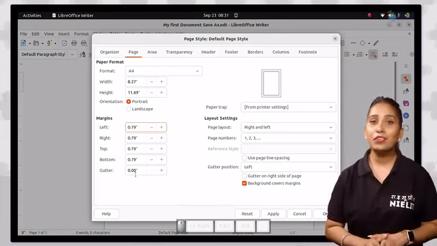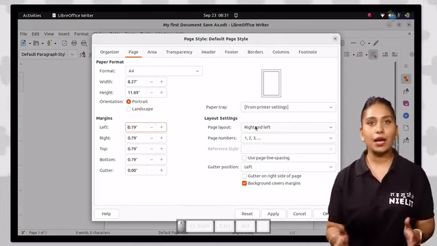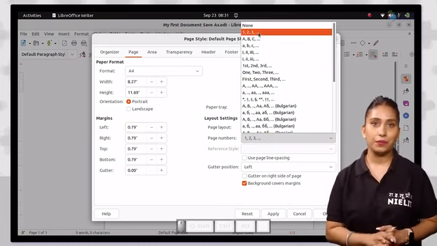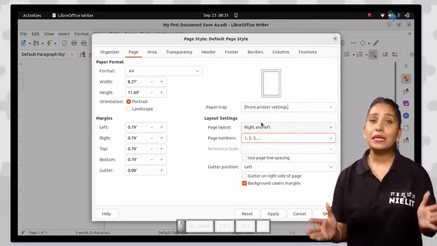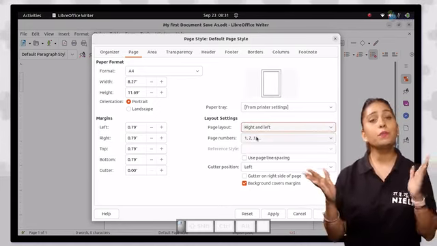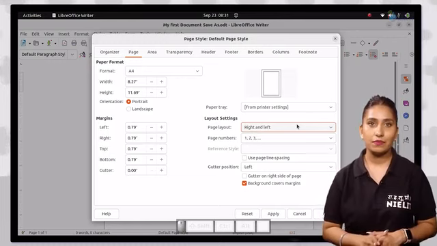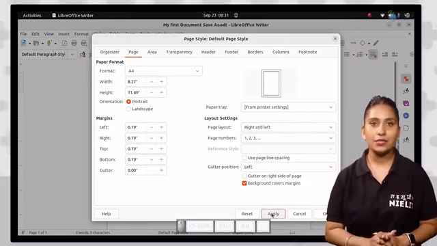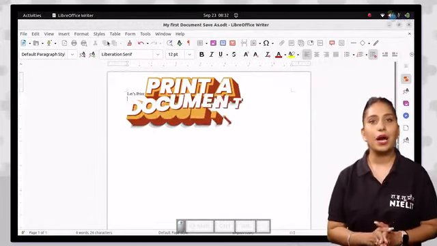With the help of this panel, the user can customize the sections, page layout, page numbers, etc. Once you complete all the modifications in your document, you may want to print it for various reasons. So the steps to follow to print a document are: